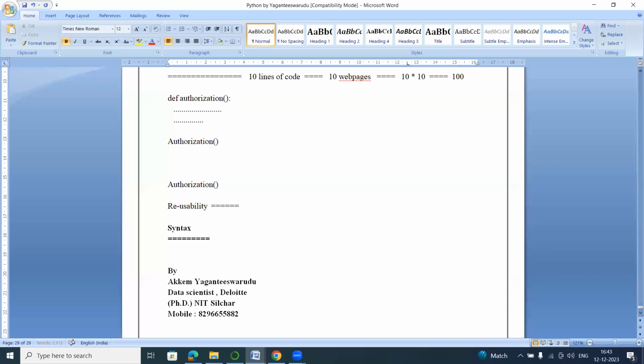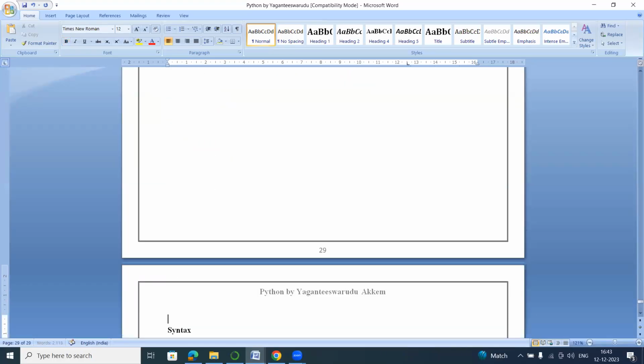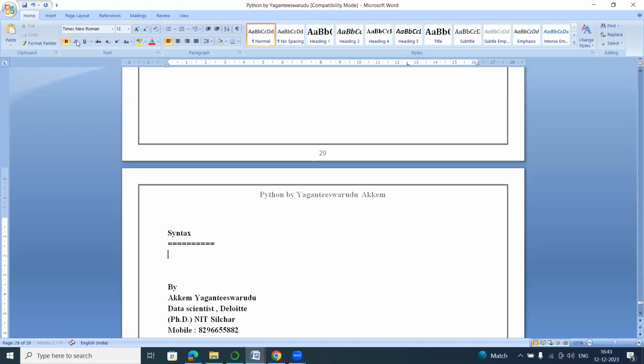What is the function syntax in Python? One of the keywords we are going to use is the def keyword. In order to write a function, the keyword we need to use is def, which is mandatory. Def, function name, parameters,